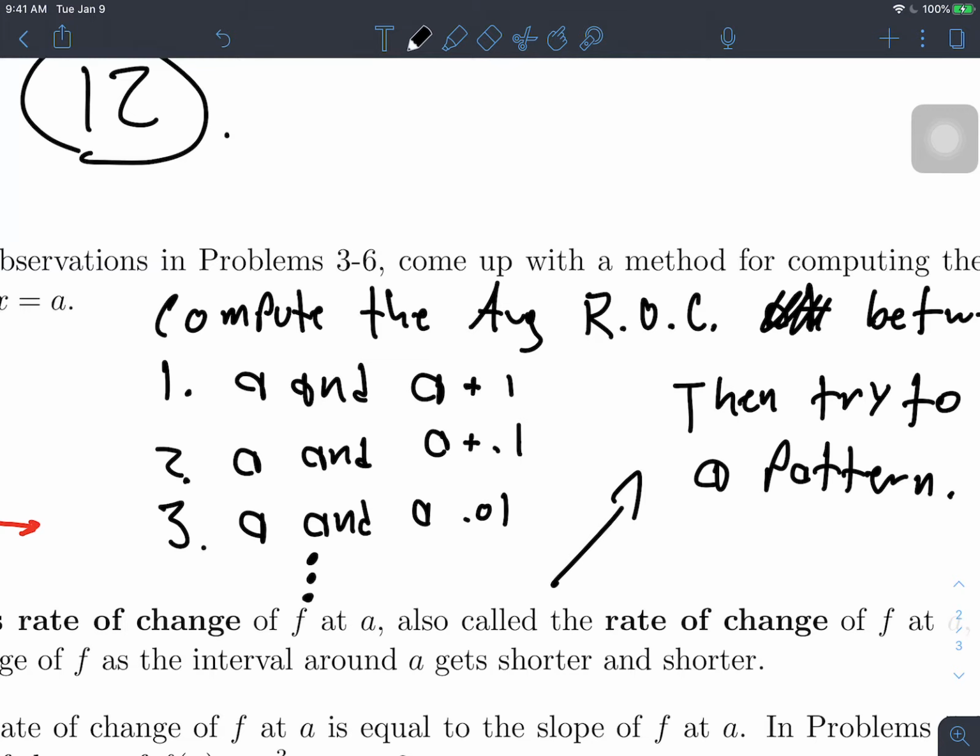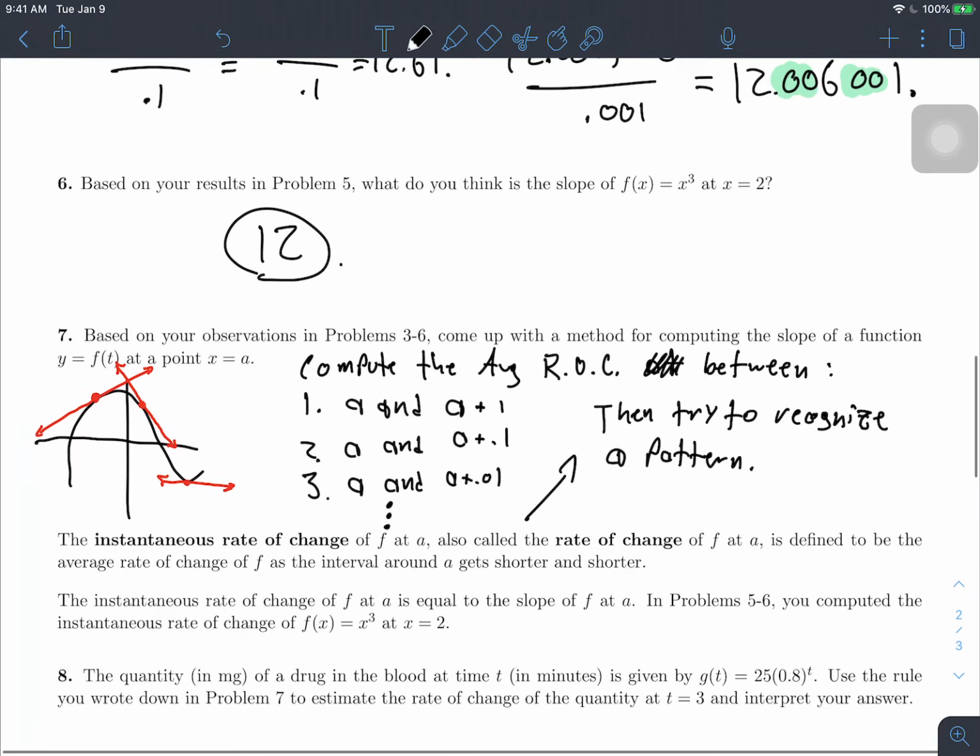Always appreciate people calling me out on my horrible handwriting. Sorry, but